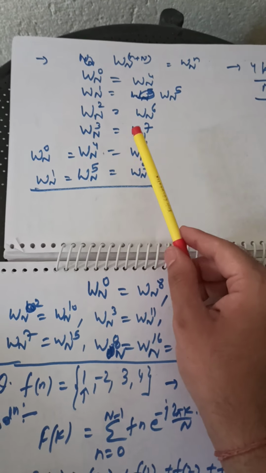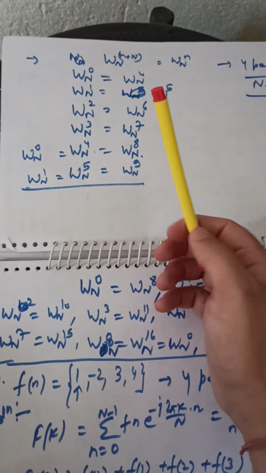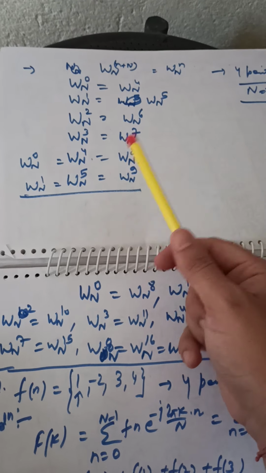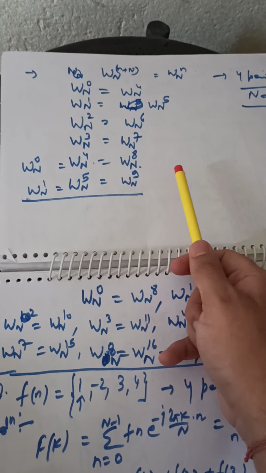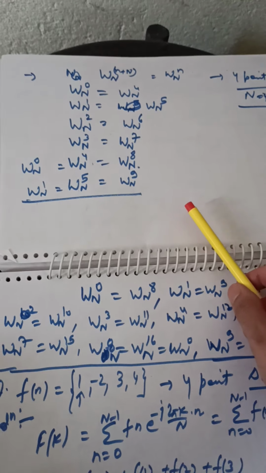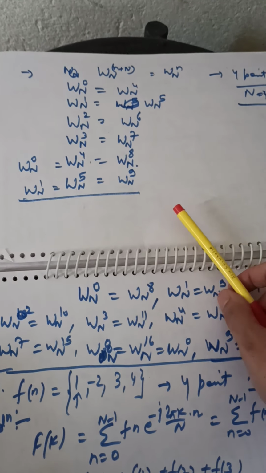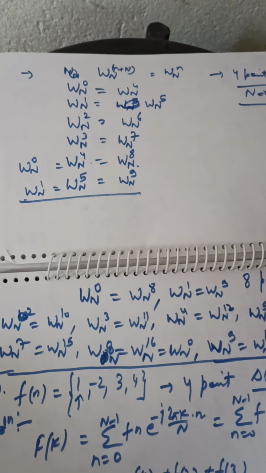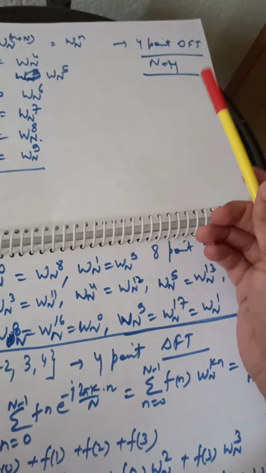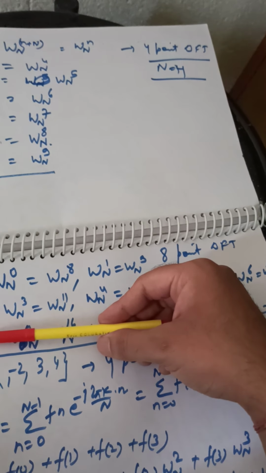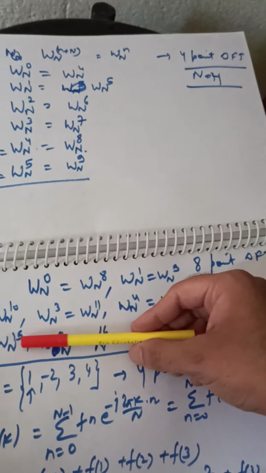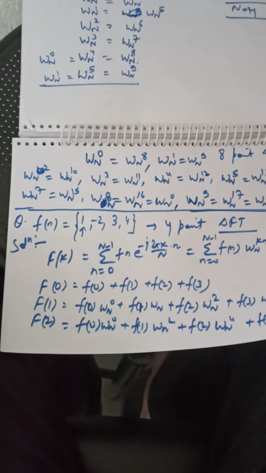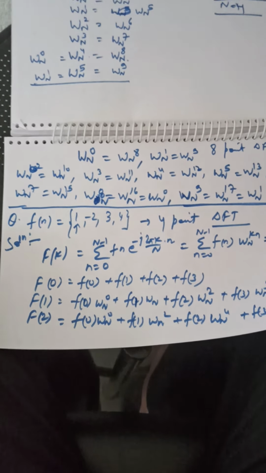How? Because the number of points is 4. So the ninth one, wn9, will automatically symbolize wn1, or it will automatically give you wn5. It is quite easy to understand. Here we are getting a multiplying factor of 4, and we will simply break this wn in terms of 4. By using the number of points in the DFT, we can easily calibrate the twiddle factor into measurable values.